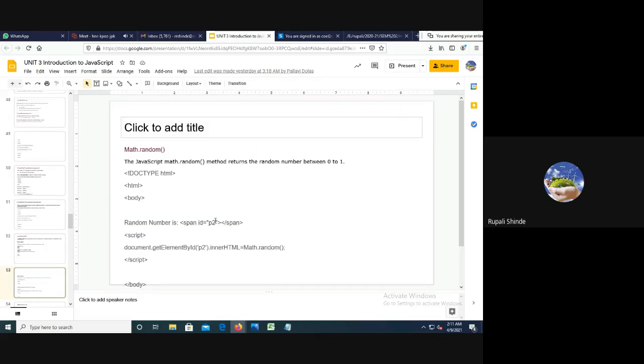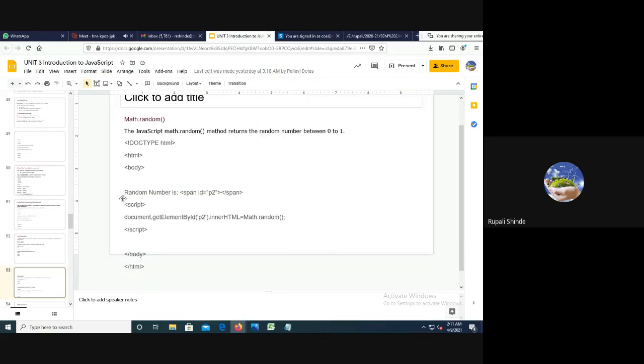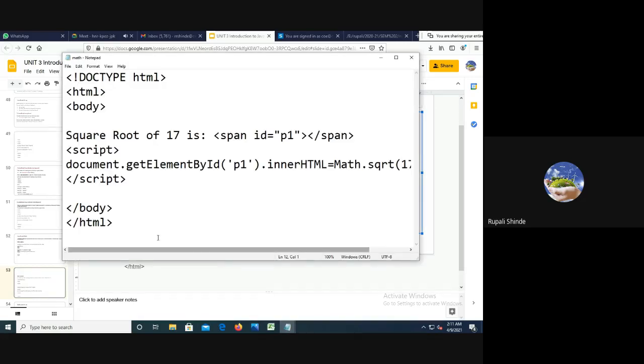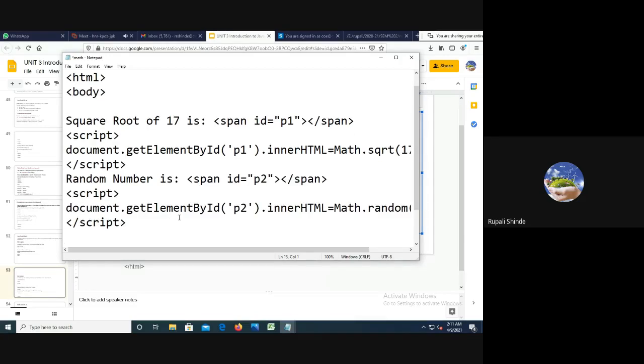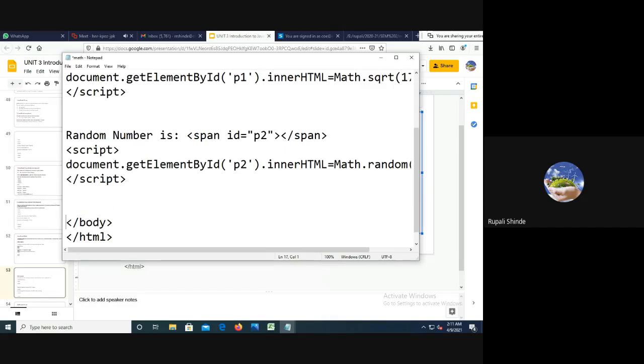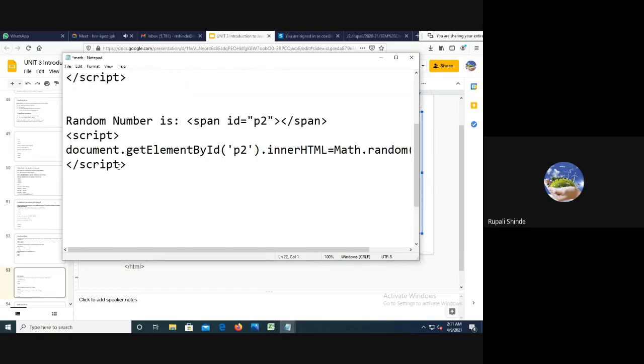Now we are going to try the random method. The random number is in span ID p2.